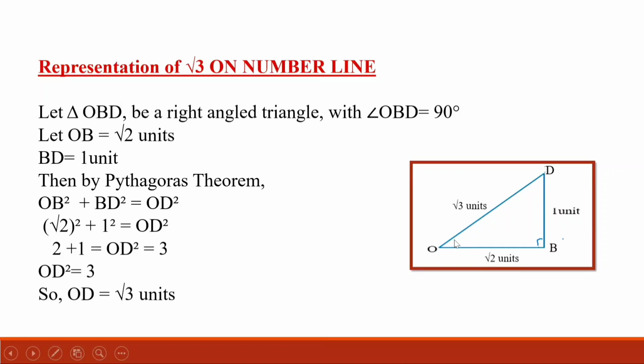So let us use this concept to represent root 3 on the number line. So we'll follow the same procedure as we had followed in the previous video to represent root 2 on the number line. So I draw the number line with the points. I mark them as -1, 0, 1, and 2. They have to be equidistant and I need to put the arrows on both the sides. I label the point where 0 is as point O and I mark point where I have 1 as point A. At point A, I construct a 90-degree angle.